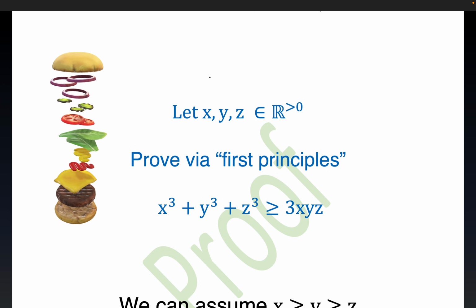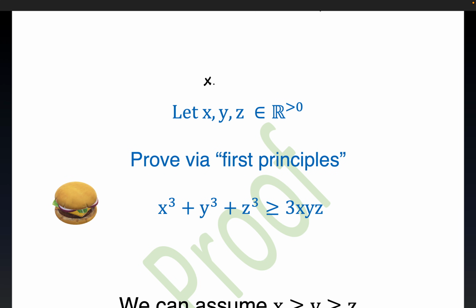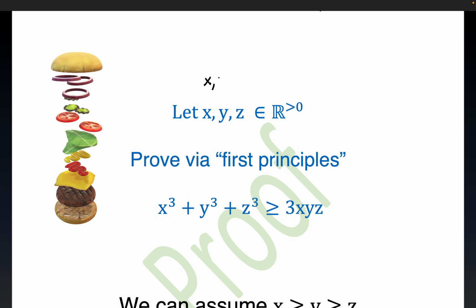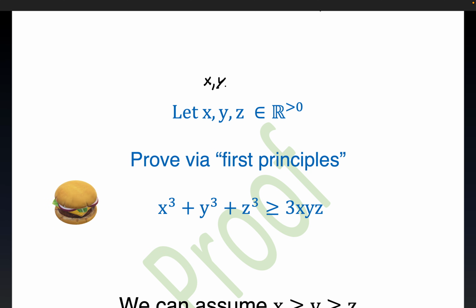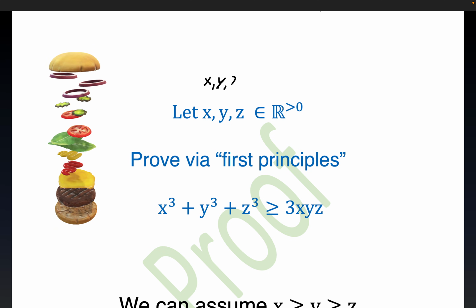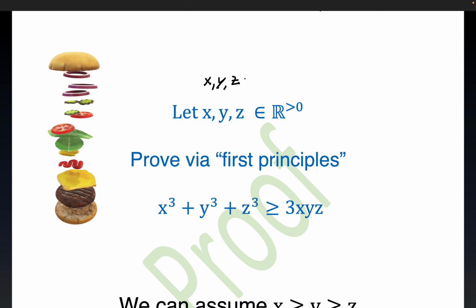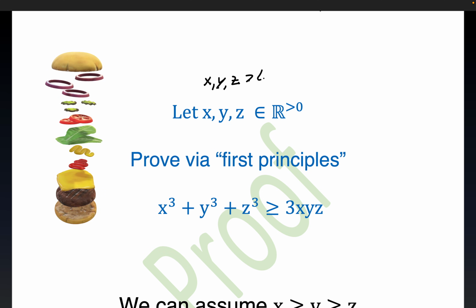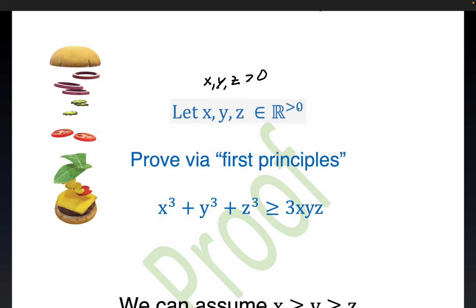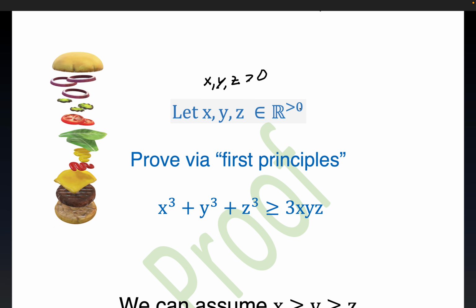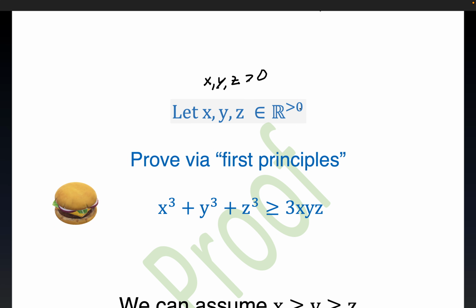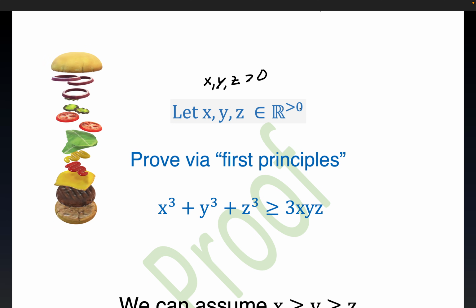Good day, everybody. We're going to assume from first principles, meaning we're not going to use the AM-GM inequality or Cauchy-Schwarz or anything too sophisticated, just basic axioms of inequalities. Now, I've seen this before. I like this superscript r greater than 0. It's a real number greater than 0. And one of the reasons this is important is if it's not greater than 0, you can reverse the sense